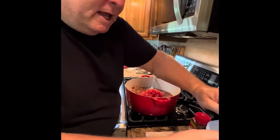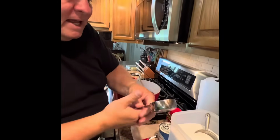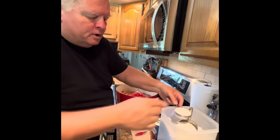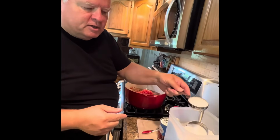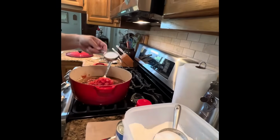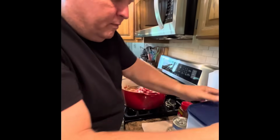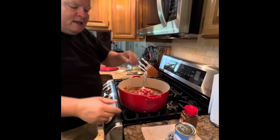Now, we need a 1/4 cup of sugar. Actually, we need a scant 1/4 cup. We don't need a full 1/4 cup, so I will get a 1/4 cup and then I'll shake just a little bit of it out. Okay, can you see that? It's not a full 1/4 cup. It's close. All right, get that out of the way. And then